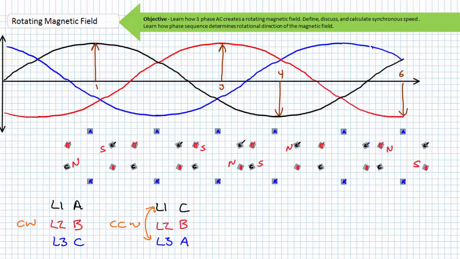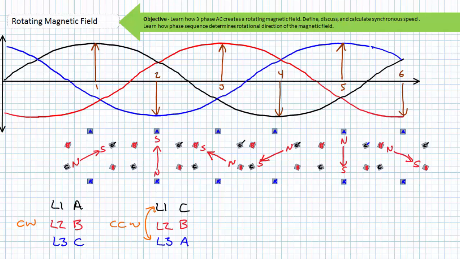If winding A now receives the blue L3 phase, at the negative maximum of L3 at time T2, A will be a south pole and A prime will be a north pole. At the positive maximum of L3 at time T5, A will be a north pole and A prime will be a south pole. When these observations are arranged with respect to time, note that the stator magnetic field will be